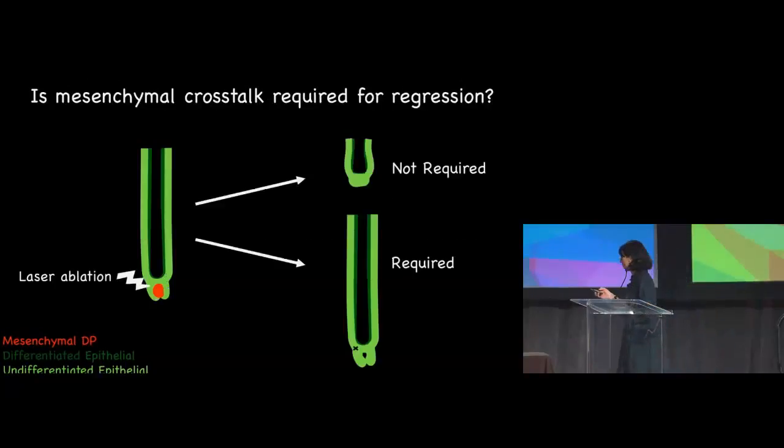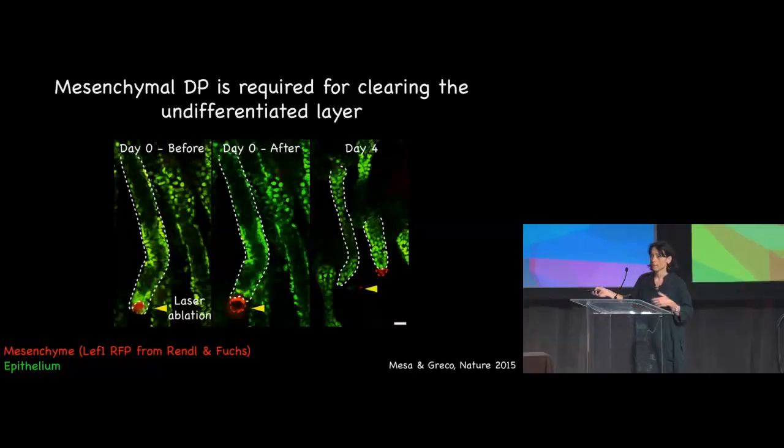To test this hypothesis, Kai turned to the approach that Padelis had established to do laser ablation, with the hypothesis that if the mesenchyme is required for this regression phase, then you should see a lingering of these follicles and they should not regress. Instead, if it were not required, the follicle should shorten and become in the resting phase like its neighbors. And so when he did this experiment, from left to right, what he saw is that